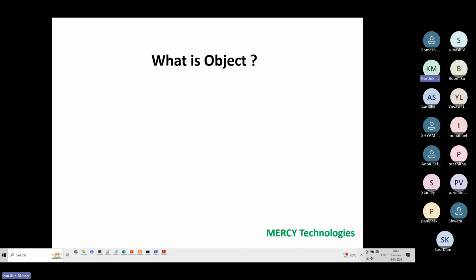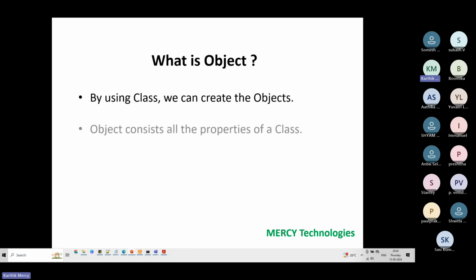Now let's see the official definitions. By using a class, we can create objects. Yes. By using that plan only, I can build my apartment. By using that plan only, I can build my individual home. By using that initial sketch only, the actual engineers can build the car, the Audi car in the example that I have given you.